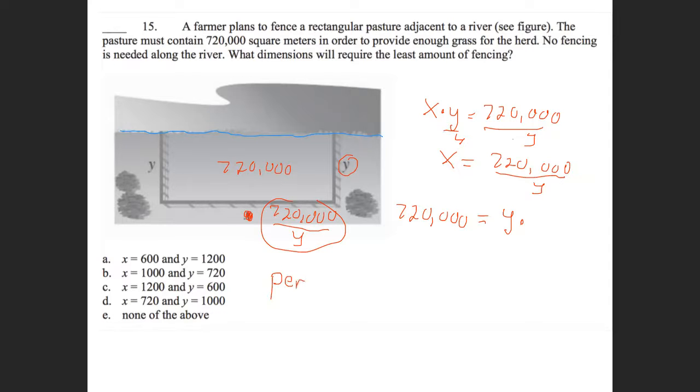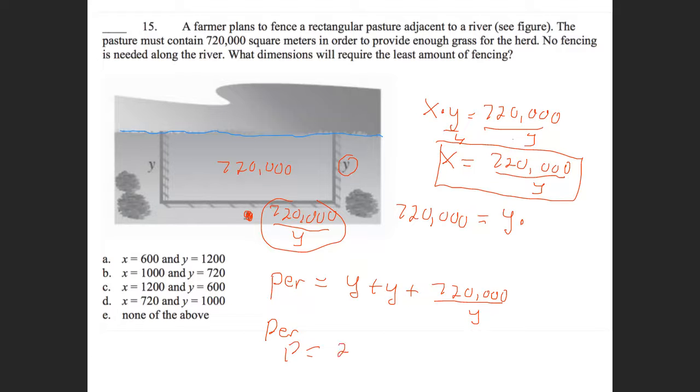What we're trying to do is get the least amount of perimeter. So this is going to be my x value. What do I need if I'm trying to minimize perimeter? I'm not trying to minimize area. I'm trying to minimize perimeter, correct? So perimeter is going to equal y plus y plus, okay. If I rewrite this, I know my perimeter, I'm just going to use P, is equal to 2y plus